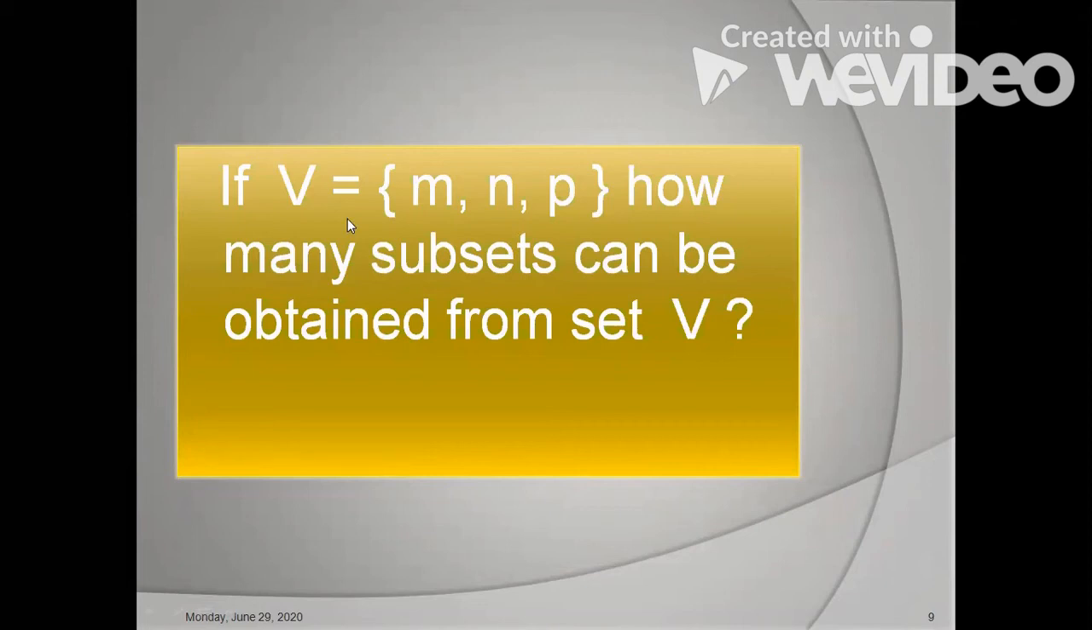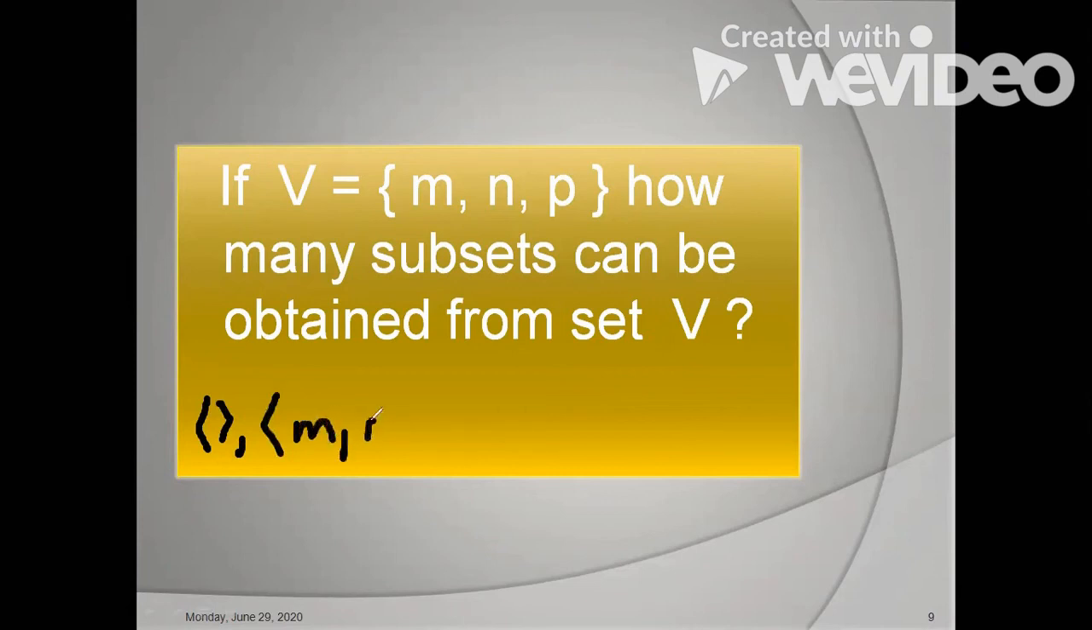So if V is a set and V is M, N, and P, how many subsets can be obtained from set V? So basically we want to know how many subsets we can get out of this set. Well, the question didn't say to list them, just say how many. But just to give you a snapshot, the empty set is a set that you can take from that set here. The set itself,